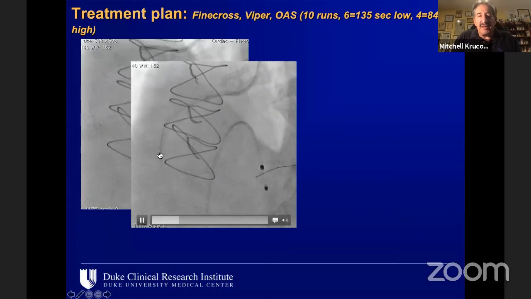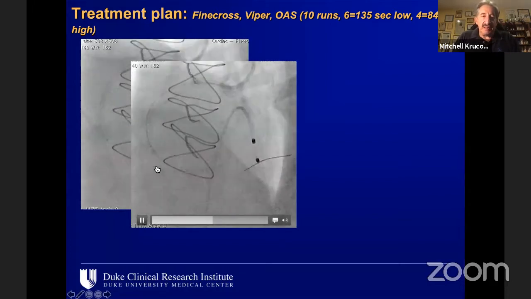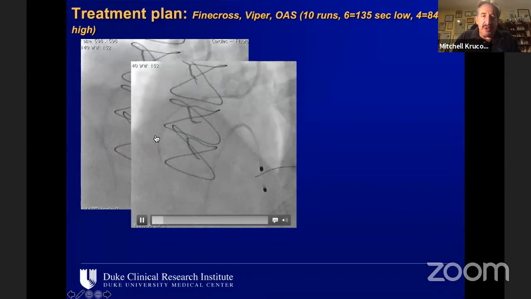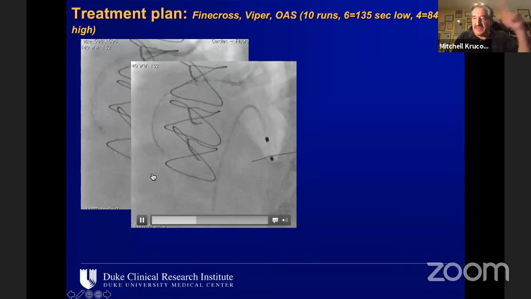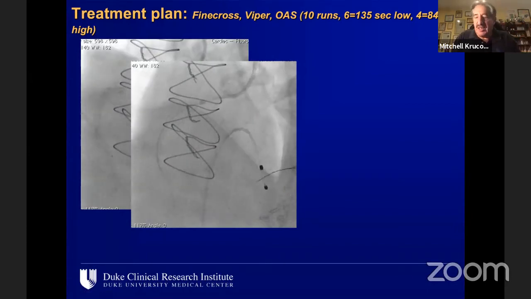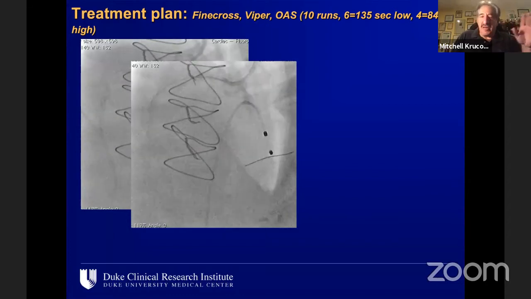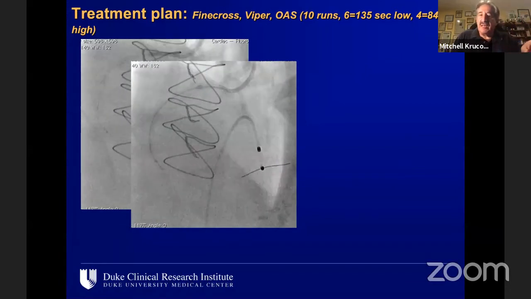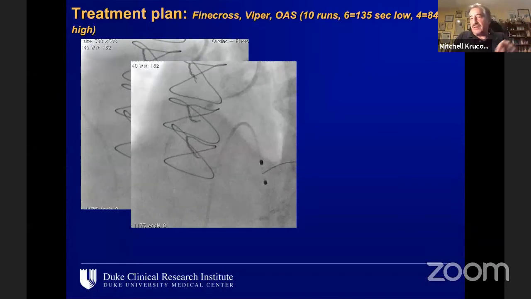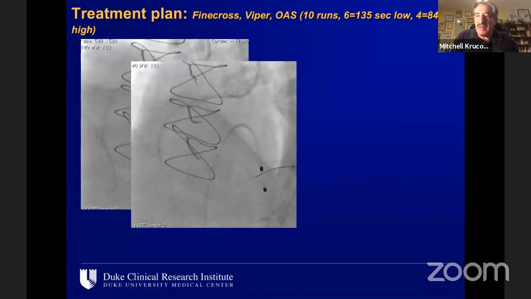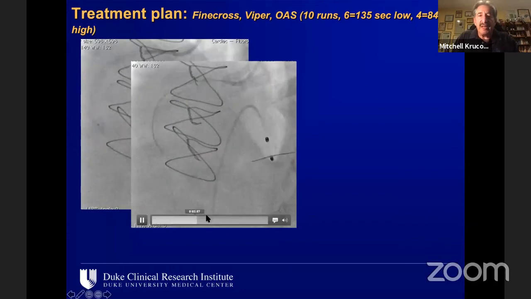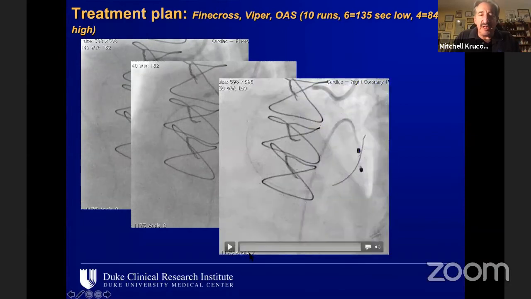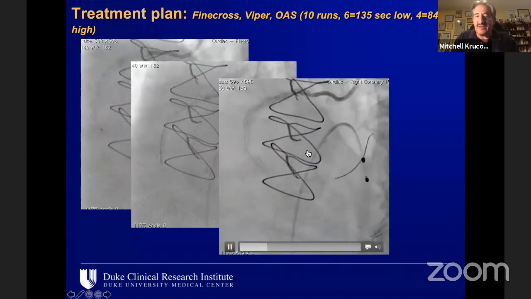So this is the orbital atherectomy device. You can see there is a part of the nose cone distal to the cutting surface, and then the bulge right here is the actual cutting surface that is going around in the lumen of the vessel. The other nice thing about eccentric cutting, rather than plugging the lesion like a rotablator does, is with orbital, with eccentric tissue ablation, you actually have perfusion around the device while you're working. So we've got good guide support, good reach, and you can see we're able to do quite a bit of tissue ablation throughout the course of this vessel.